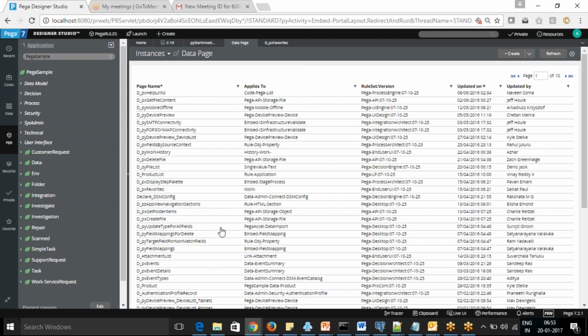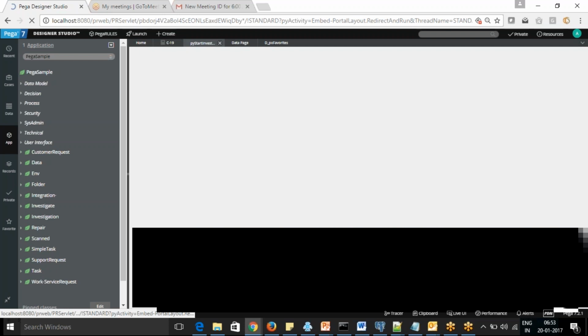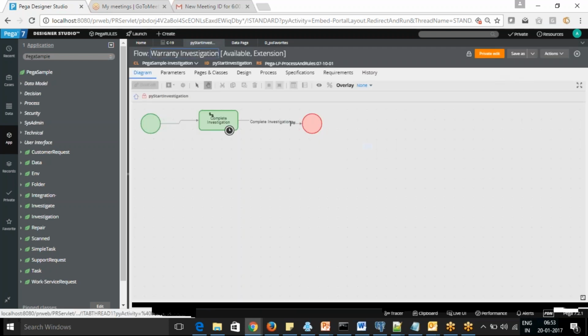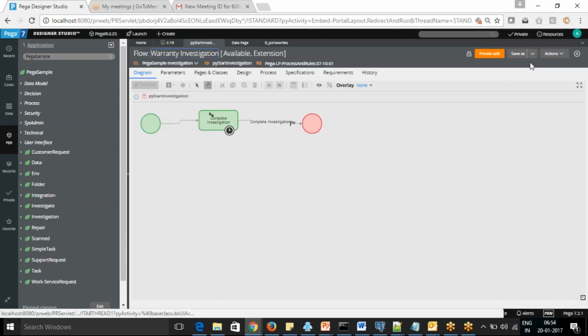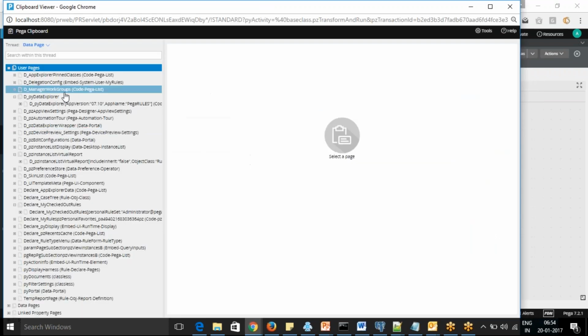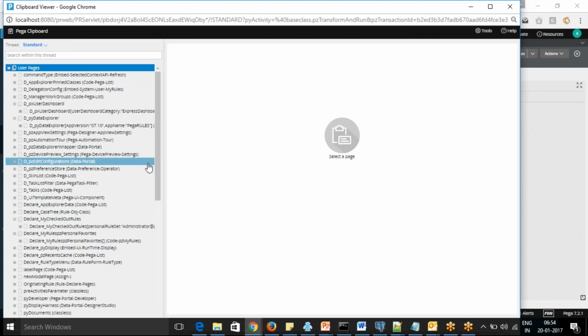It uses a new thread so that all the details you are seeing here can be correlated. If you have to save or delete a rule, it needs to check all the dependencies, whether you are able to delete that or not. For that, it creates a specific thread. For the Designer Studio, when you log in, it may create a standard thread. So that will be called the standard thread.